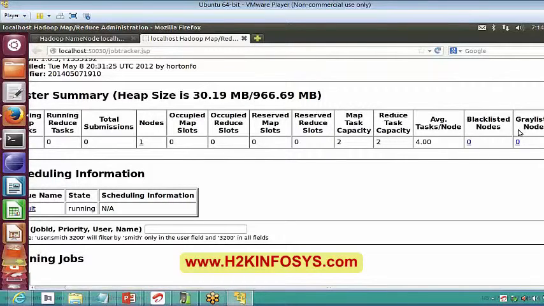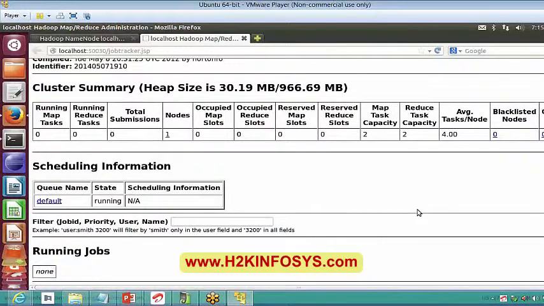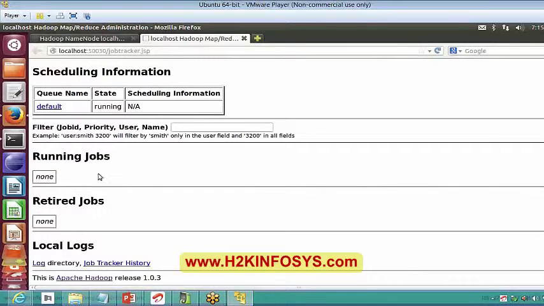For example, if the admin decides not to use a certain node at all, say node 98 in my cluster, it will be mentioned in my blacklisted nodes. If it says 2, it will show you 2 machine IP addresses that are not being used in my cluster. You are not able to see all these things because you are running in pseudo distributed mode. We have only one single machine and one single IP address, and definitely that should work, right? So anytime it will have a value of 0 only. Here it will show you the number of jobs that are running, any retired jobs, all that information.